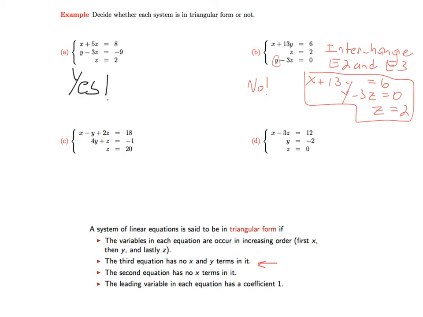For part C, we've got a problem with the second equation in that the coefficient here is 4. And we can see that for a system to be in triangular form, the coefficient in front of the leading variable should be 1. So this is not in triangular form in part C, but we could put it into triangular form by replacing equation 2